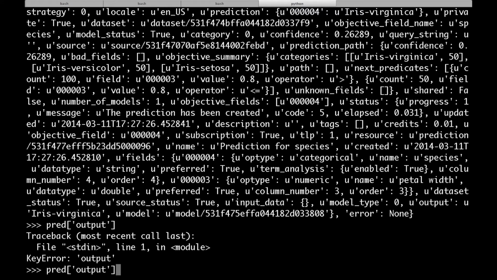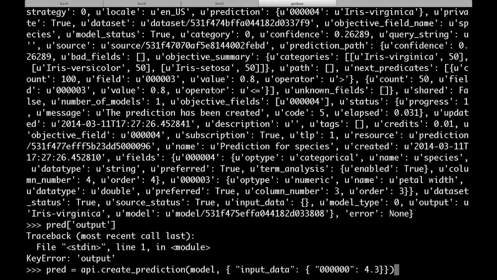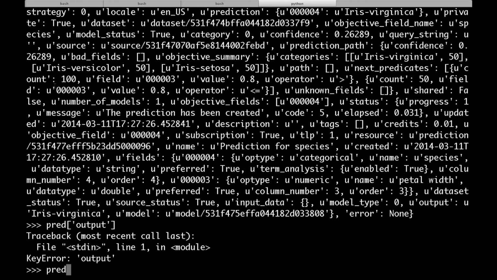Anyways, the other thing I want to show is that when we created this prediction, it's important to understand that we actually passed a request to the API asking it to use this model identifier and this little JSON data that we passed. That request went to BigML, the prediction was created, and then the response was returned to us. Now, it's actually possible to use the bindings to create a local prediction as well. And the difference here is